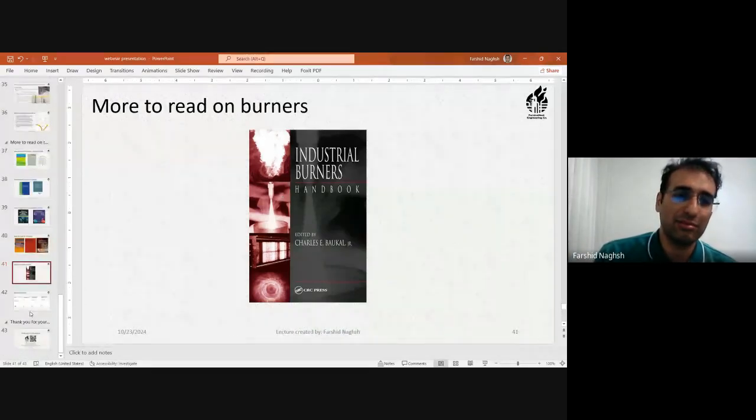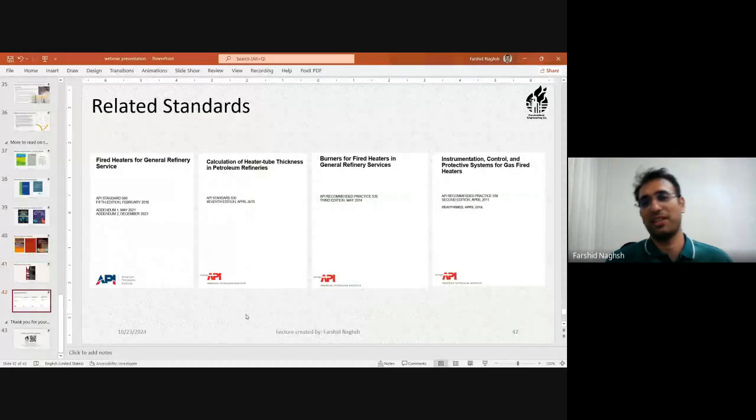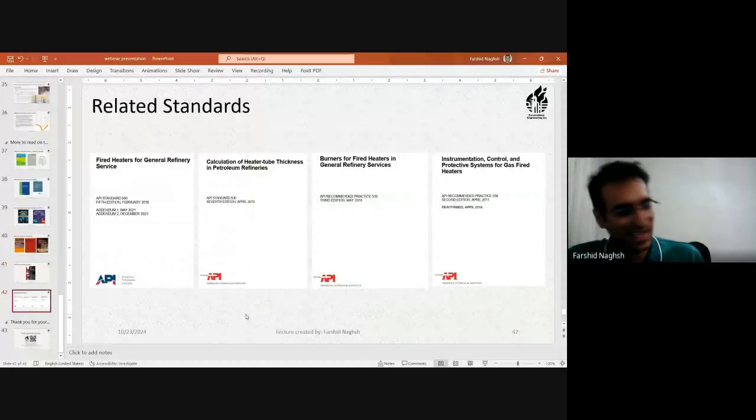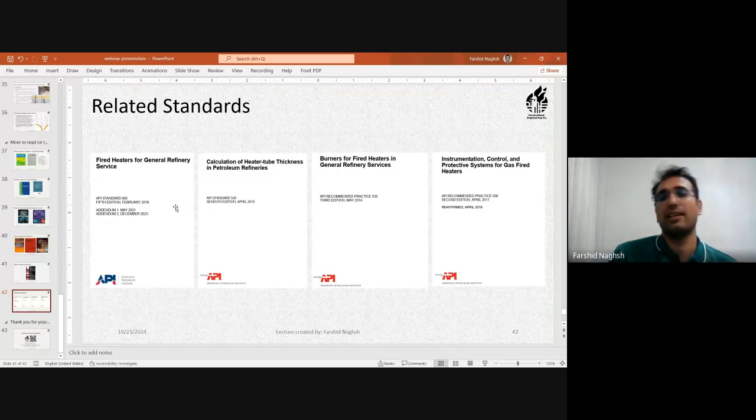And also, let's not forget that we are playing mostly in the field of API standards, which have limited us and helped us and guided us through heater design. First and the most important is API 560 for the heater itself, API 530 for the thickness calculation of heater tubes,